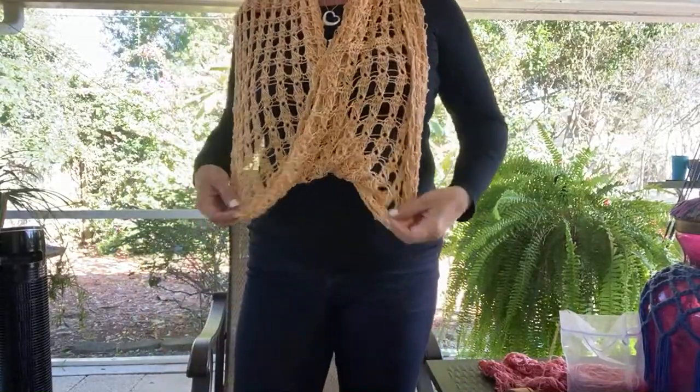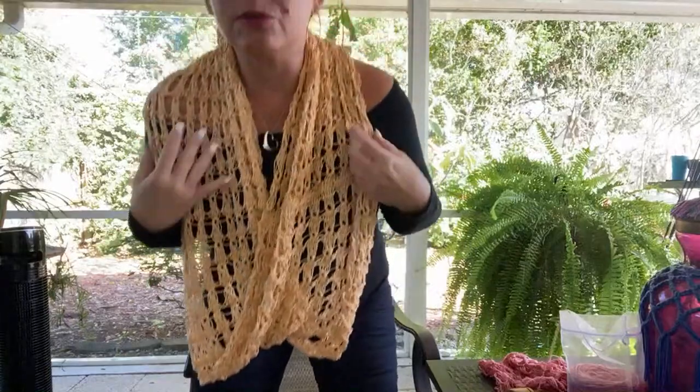Yes, Donna, this is great for a beginner. It is not hard to do at all. Just follow the instructions and you will be fine. It is a very generous size for a Mobius cowl. It's about 18 inches wide by 40 inches long, which means you can wear it long and narrow like this. You can also wear it like a capelet if you pull it down like this. And if you even wanted a little more modest coverage while you're wearing it low like that, you could put a clip or a button or a pin right here too,